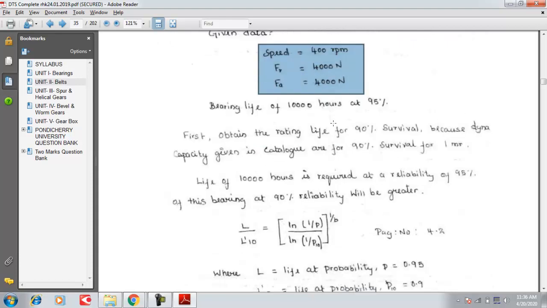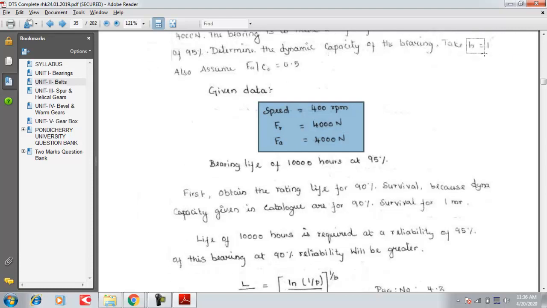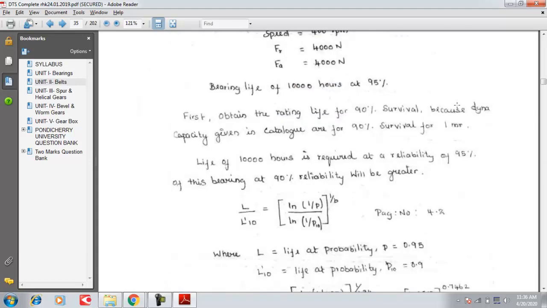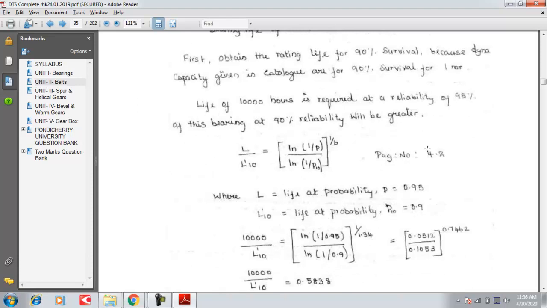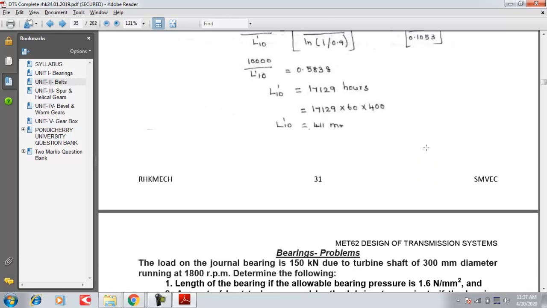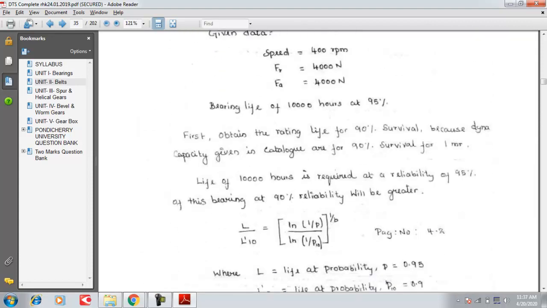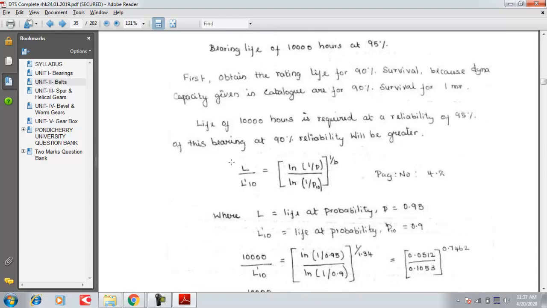After mentioning all the given parameters like speed, effort, that is radial load, axial load, bearing life, these are all the given values, and also they have given H. Sorry, it is the H value that has to be used. Actually the H value has to be used in another formula. We will discuss it later. We have to assume this value in this formula.